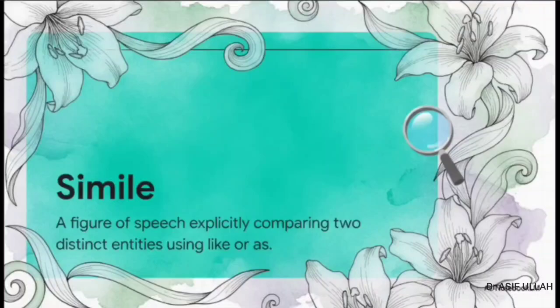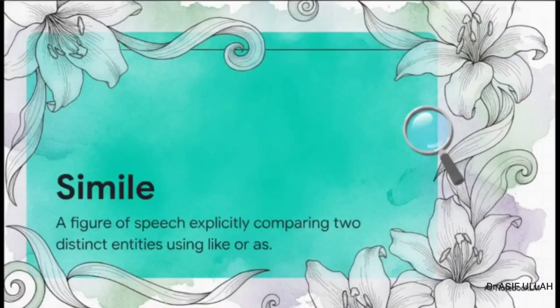Next up, let's define the simile. It's a rhetorical figure of speech explicitly comparing two distinct entities, typically utilizing the syntactic particles like or as. Hunt applies this masterfully in line 4, stating the moonlight made the room like a lily in bloom. This specific simile beautifully conveys an organic, unfolding, and delicate beauty that flawlessly matches the ethereal, silver-white purity of the